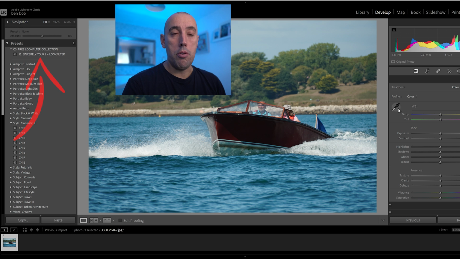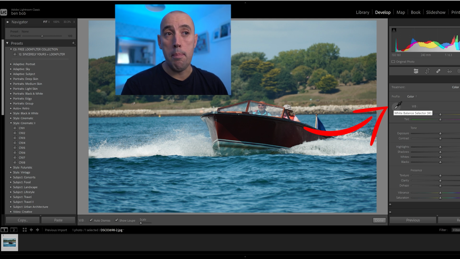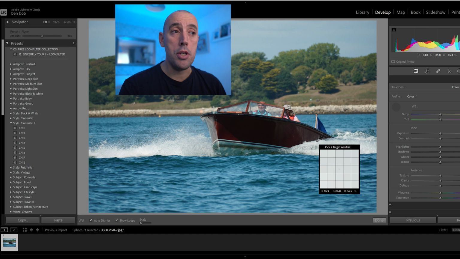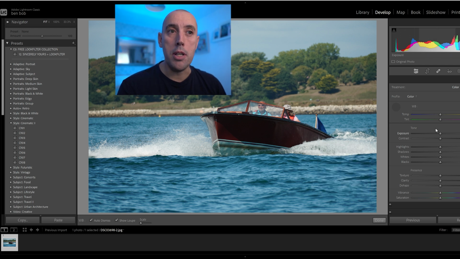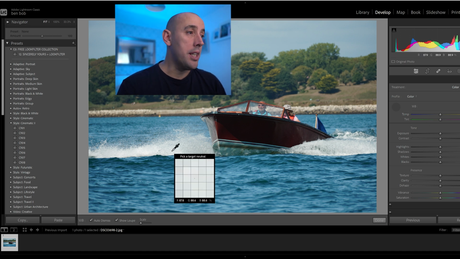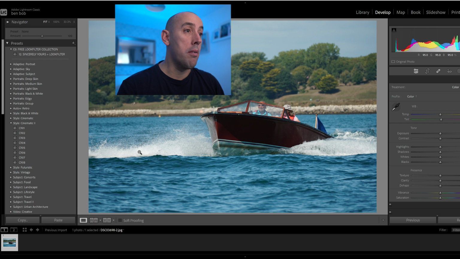Now the important thing to remember with any preset is to make sure your white balance is correct. Go over to your white balance selector pinpointer, and choose something white in your image. If you don't have anything white in your image, you can manually adjust your temperature and tint over here to the right hand side. So choose something white. In this case I'm just going to click on these waves over here,